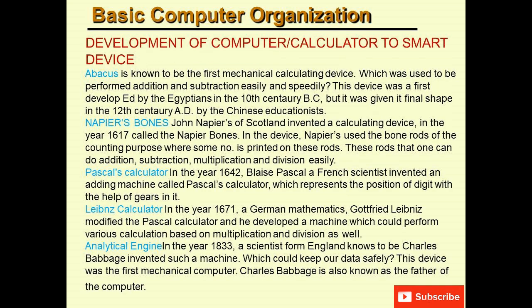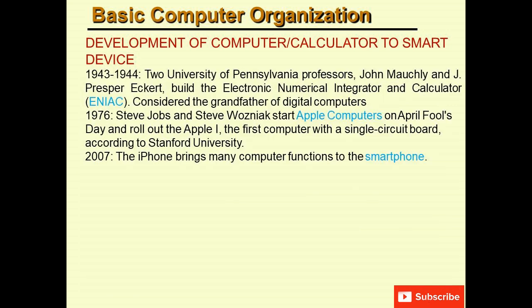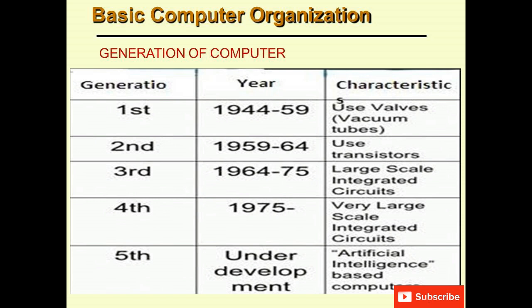Next topic is evolution of computer. How did the computer evolve? From the simple calculator to a modern day powerful data processor, computing devices have evolved in a relatively short span of time. Abacus was the first calculating device. It was developed in China in the 16th century. Napier's bones: Napier, a Scottish mathematician, invented a calculating device for addition, subtraction, multiplication and division. It was called Napier's bones. This device was made up of a set of rectangular rods.